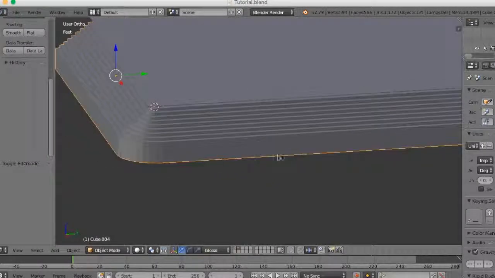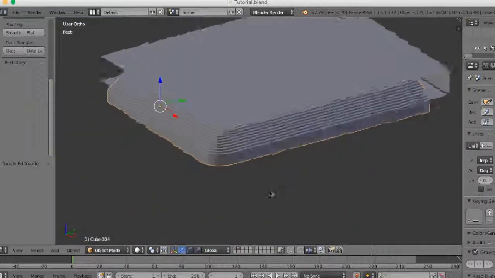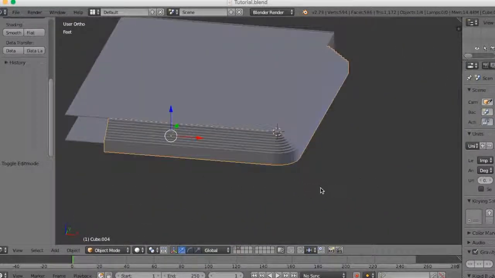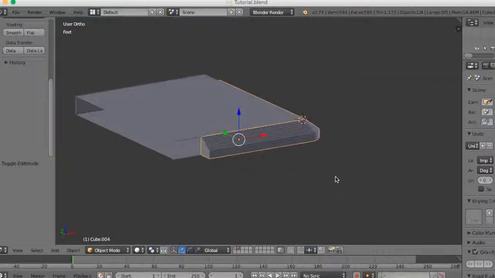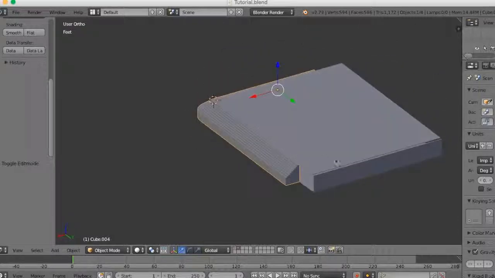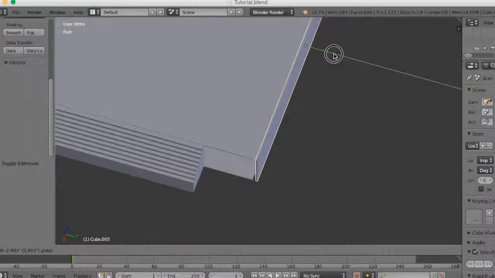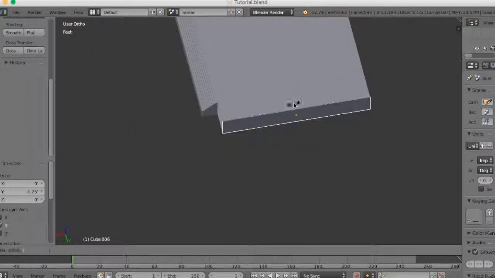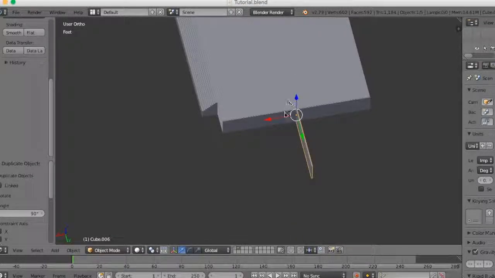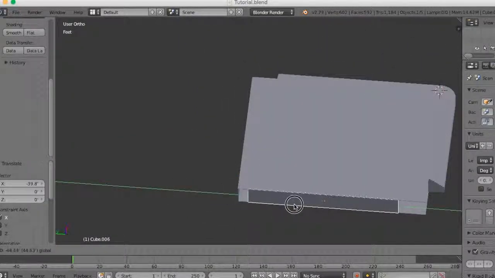Now our front steps and our right steps are completed. We focus on our right side, left side wall and our back side wall. So I select this object and move it in the y-axis, something like that, and press Shift D and R to rotate and in the z-axis 90. Move it in the x-axis and in the y-axis,